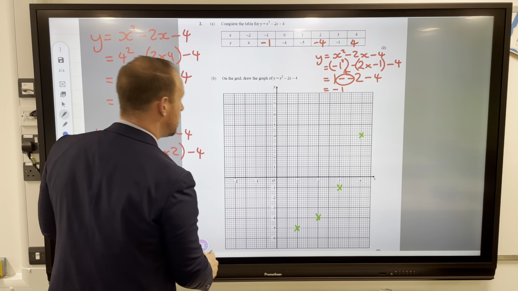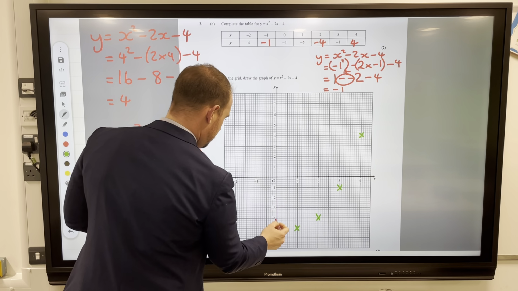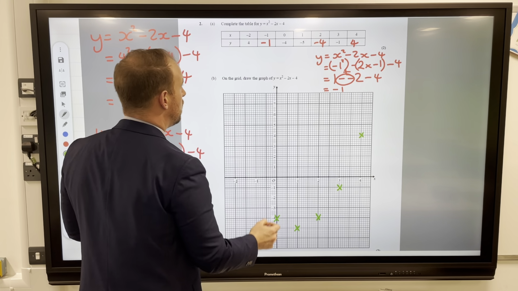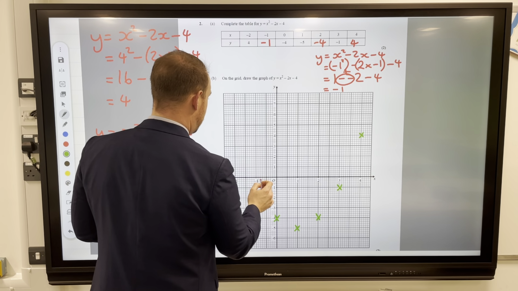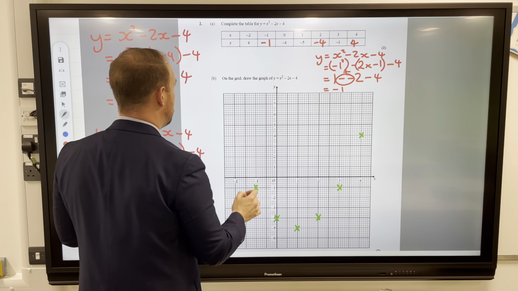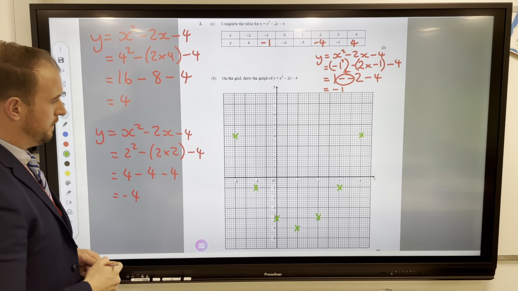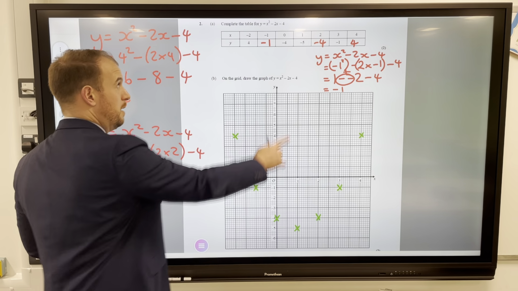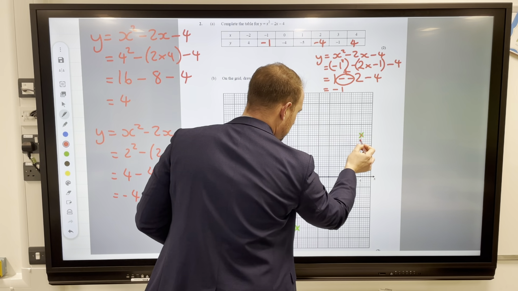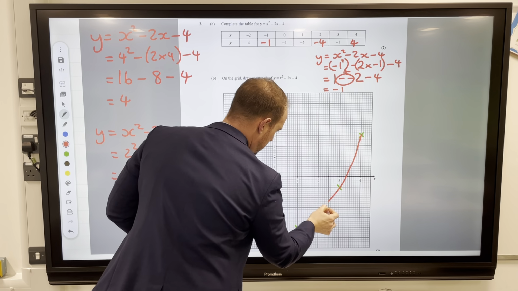Let's get this out of the way. 0, minus 4. Minus 1, minus 1. And then minus 2, 4. Okay, well that's good news. I've got a smiley face. We knew that because it's x squared. So with one line now,